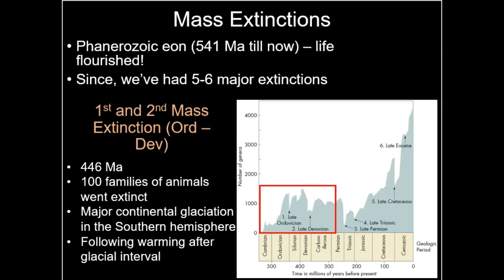been followed by a subsequent warming that happened until the end of the Devonian period, which you're seeing right here. So this is where you have the end of the Ordovician with the glaciation, and then you have subsequent warming in the Silurian and the Devonian, and then you have the second mass extinction, probably due to the relatively fast subsequent warming. So in truth, this first extinction was kind of two in a way. So the late Ordovician and the late Devonian saw 2 big declines in the number of genera that there were.